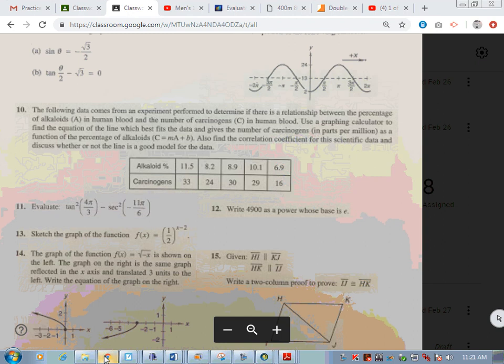14. We need to write the equation of the change, right? So we want to look at this. Notice, if we're here, this is the square root of negative x. What we want to do is flip it below the x-axis, but we also need to move it 3 down, 3 to the left. So in doing that, g of x,